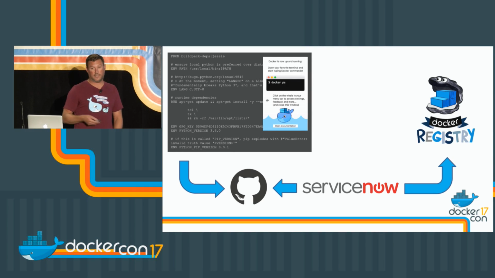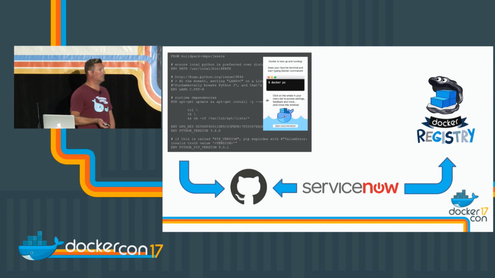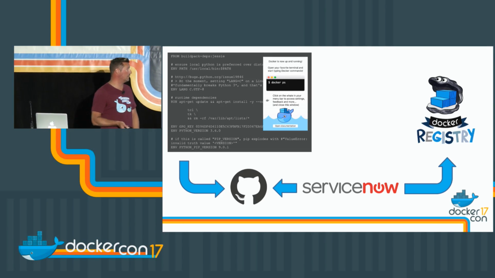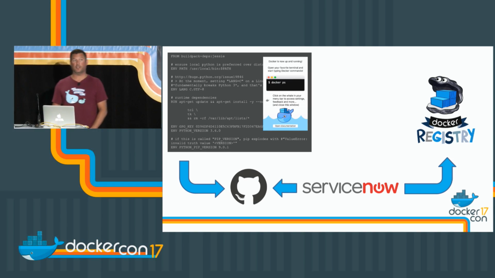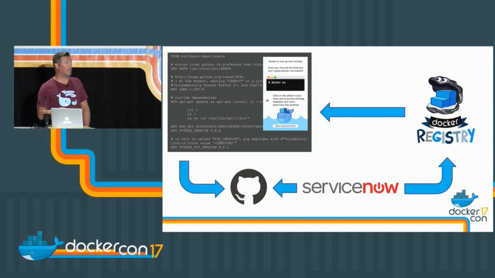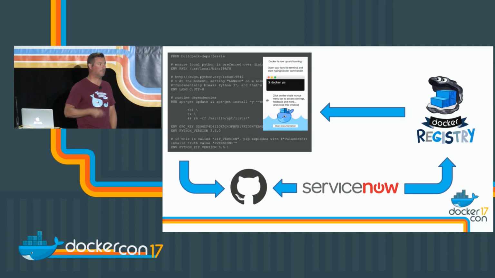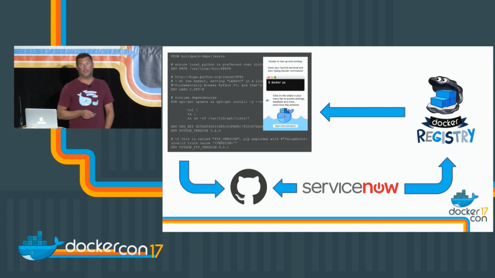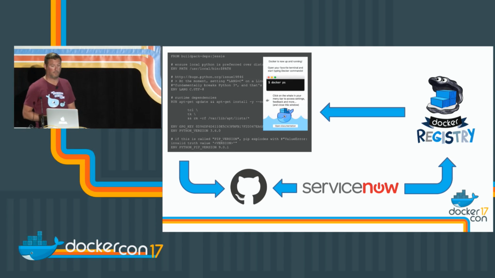So now IT can take that, build an image, stash the image instead of in a VM, put it into a registry, like Docker Trusted Registry, and we know that every time that image is created from the Dockerfile, if we're creating a new image, that it's exactly the way that it was meant to be created by the developer, right? So we use the word idempotent, right? So no matter how many times we create it, if the registry goes away, if another developer wants to take the Dockerfile as a base and do their own work, or they want to use the image as a base, it's the same every time if we're building from file.